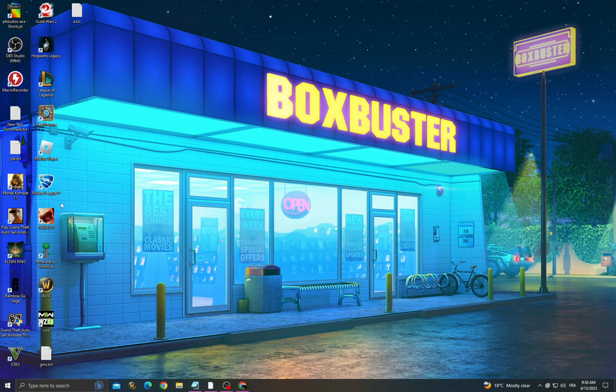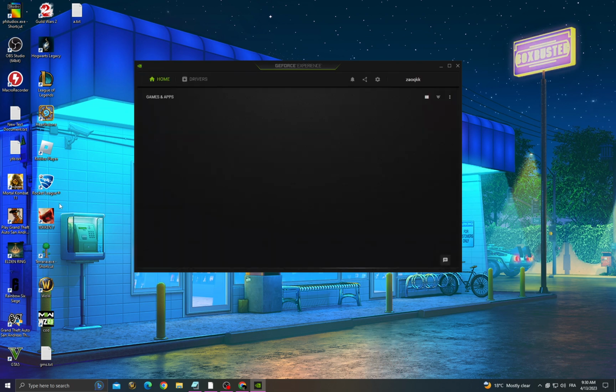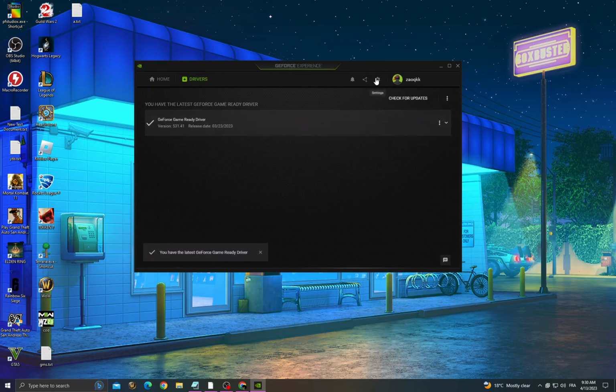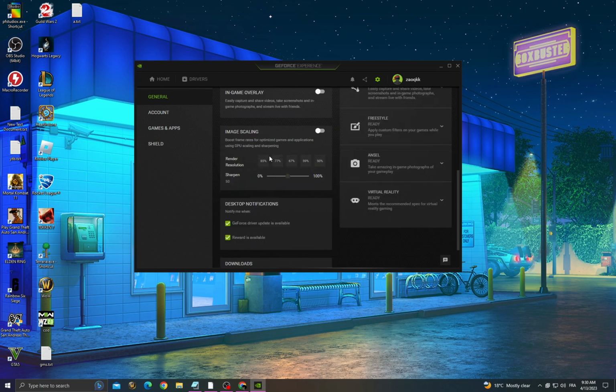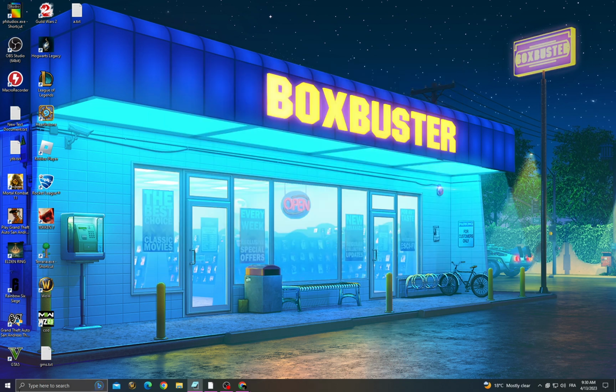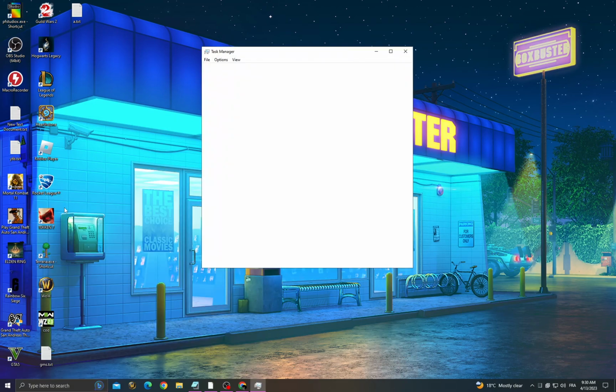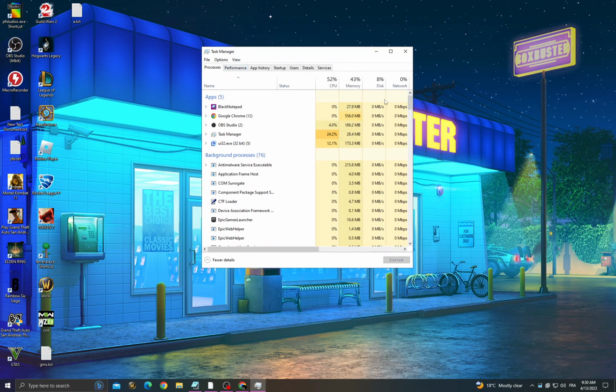then go to GeForce Experience, go to drivers, check for updates. Now if you find any update here, download it and then install it, and then go to settings, scroll down until you find image scaling and enable it, and then go to task manager, go to, and now